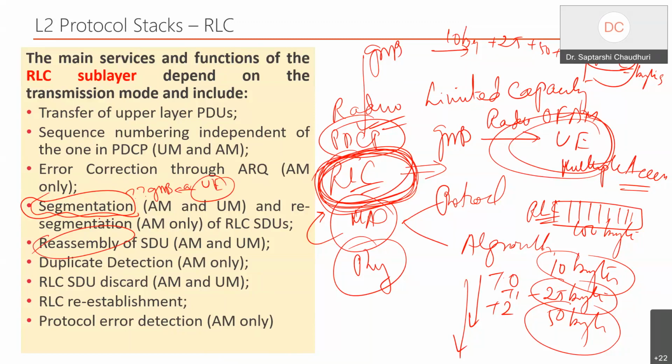But another important thing that happens here, two important things. The first things that I have written are called acknowledged and unacknowledged mode. Now, if you go back to our old days of OSI, you find a little similarity. If you go back to our TCP and UDP, you may find some similarity here. And that is exactly what we call acknowledged and unacknowledged mode.